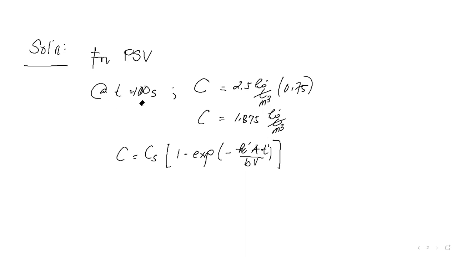But in this case, for the pilot scale vessel, we only reach 75% of the saturation value. So it should not be C sub S, but rather only the C, because our C sub S is a constant. So if we use this value now in this particular formula,